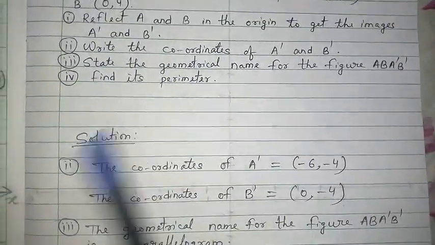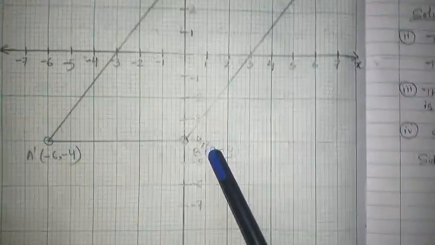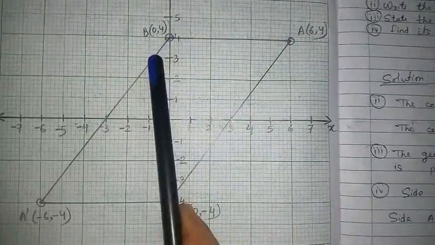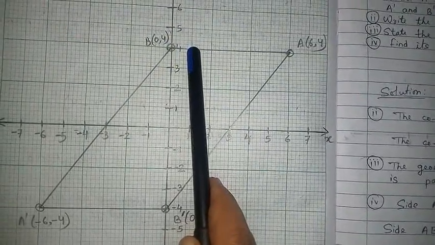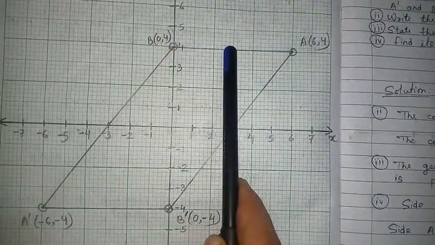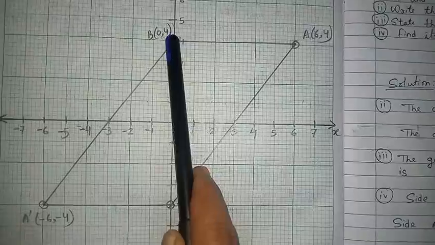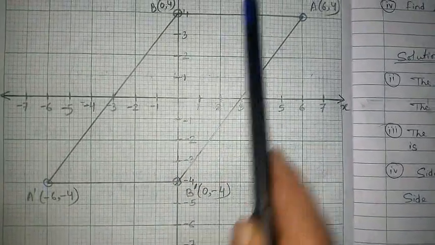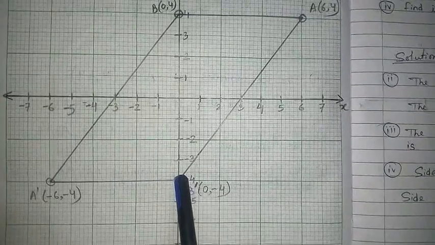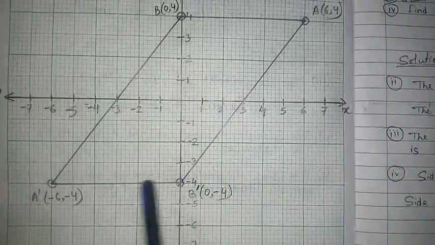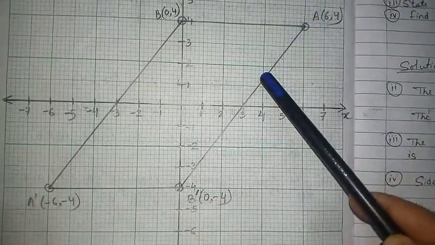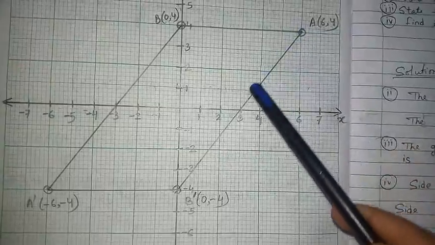Next, find its perimeter. Actually, perimeter means adding all the four sides. So for a straight line like this, we can say each box is 1 centimeter or 1 unit. So I can say from here to here is 1, 2, 3, 4, 5, 6 units. So this is 6 units, and here also it is 6 units because both are equal. Each and every box is 1 unit, so it is 6 units. But a slanting line you cannot add this way because the boxes cannot be seen properly